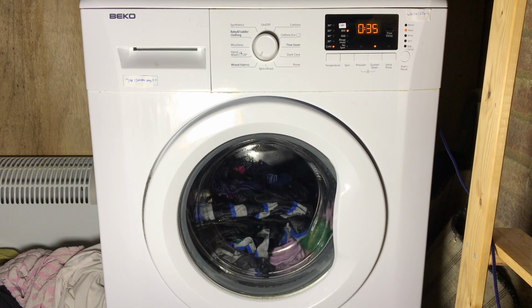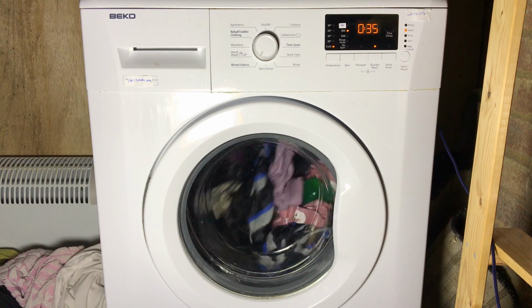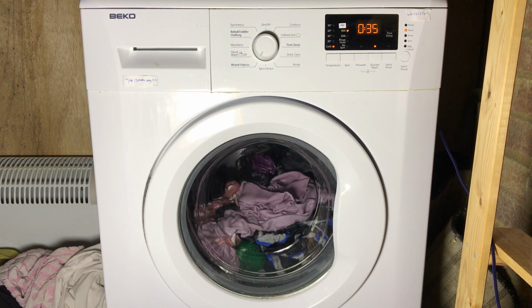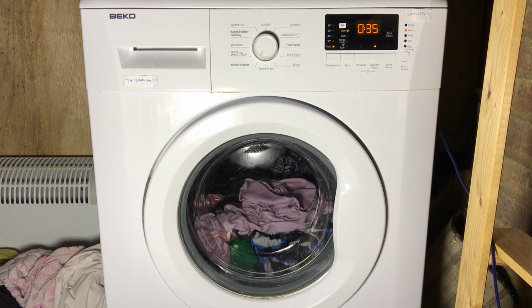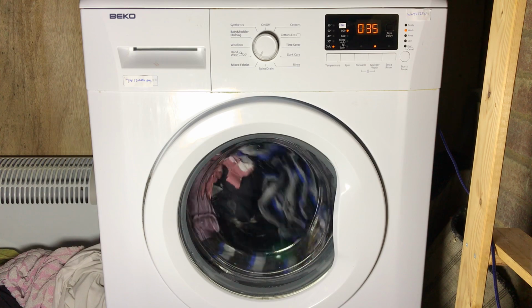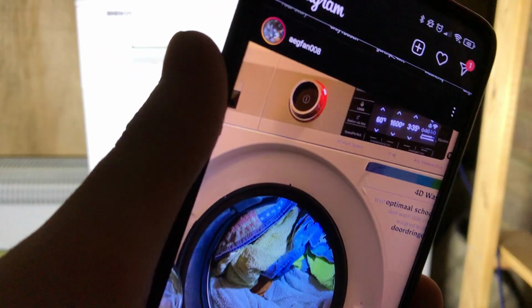I'm just looking at a Bosch at the moment, on someone's Instagram post, and I'm assuming that's Cotton 60 that they've got on. I don't know how to set Bosch's, if there's any options or not, but by the way,